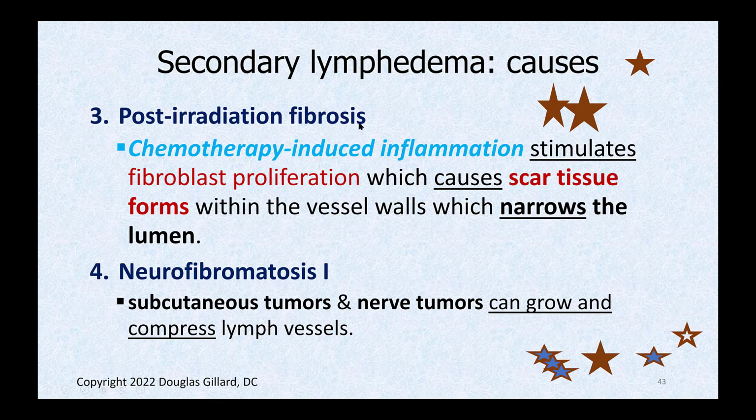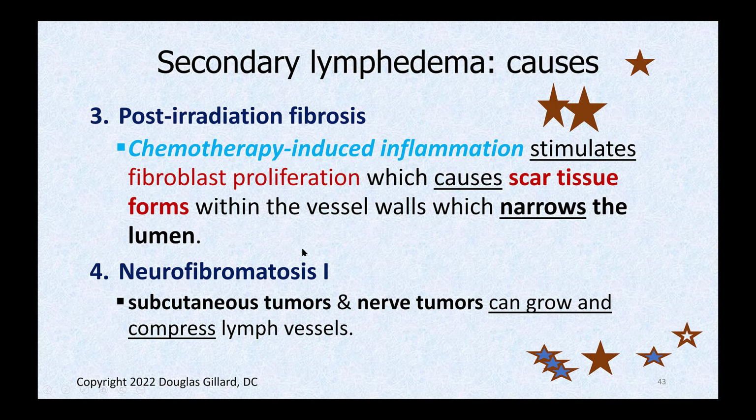Right, some other causes. The chemotherapy and the radiation can damage delicate lymph vessels all by themselves and cause an inflammation. The inflammation can be fibroblast heavy and tends to lay down scar tissue within the vessel. So cancer, breast cancer for example, can be a double whammy. They remove the breast and lymph nodes. That increases the chances of lymphedema in the arm. And then they do chemotherapy, which again damages the lymph system.